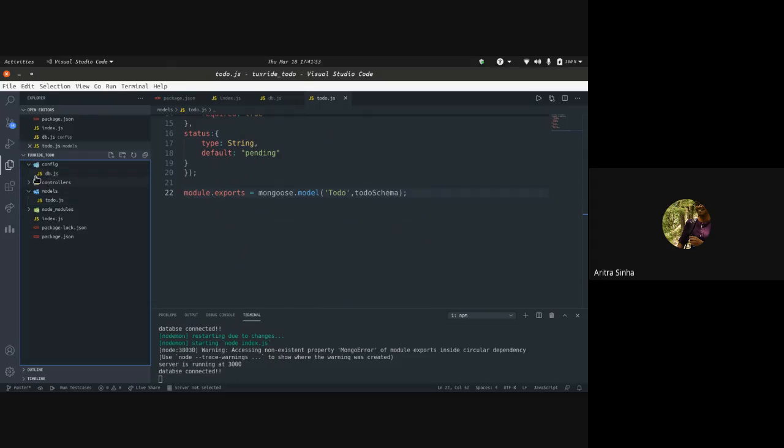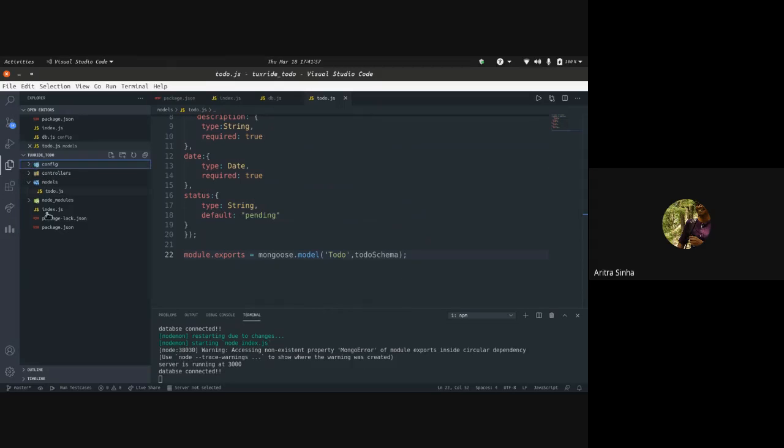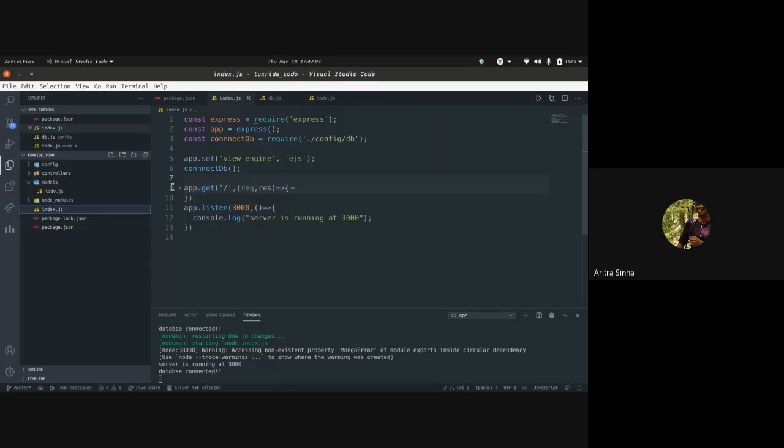After that, basically we have set up our model, we have set up our configuration for the database. Now let's look into the routes that we are going to use. Let's just go to controllers and create a route for this, todos.js.